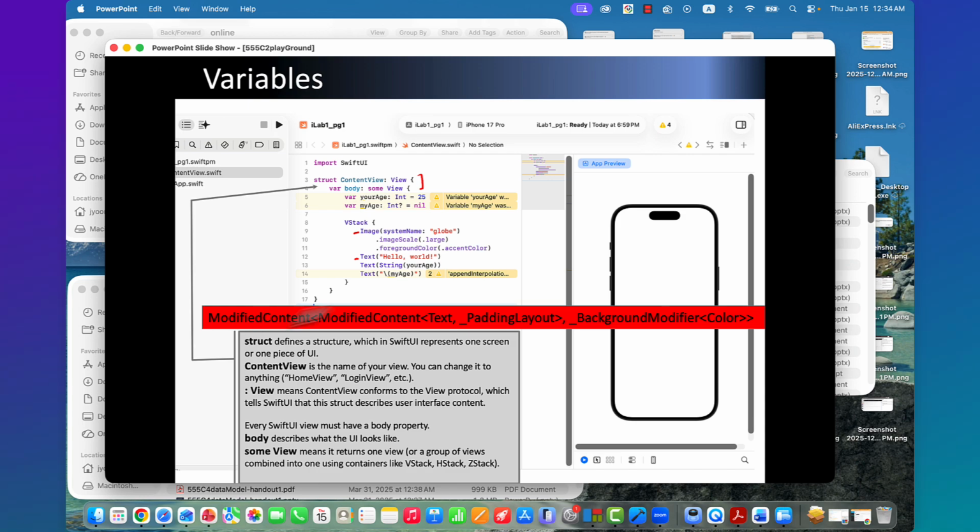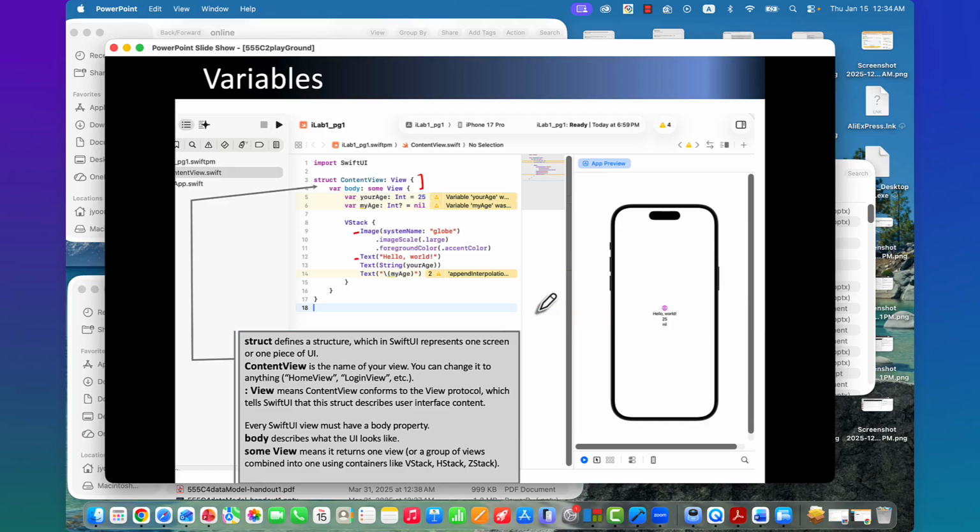Modify the content and text and padding layout, something like this. If you want to code like this, then this gives you a headache, right? So rather than having that, simply having this some view allows you to write very readable code, text, image, and more.